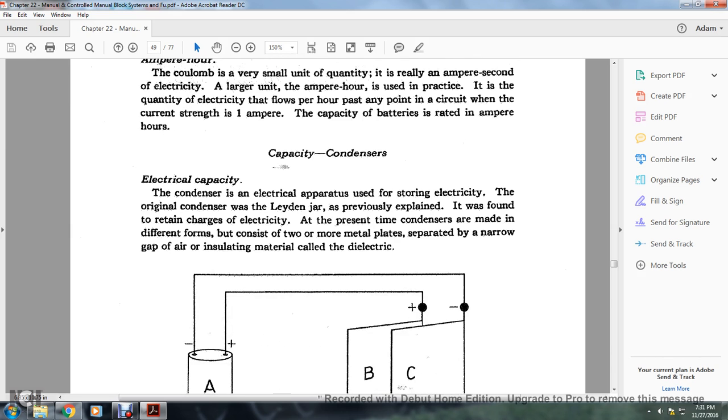The capacity of the condenser. A condenser is an electrical apparatus used for the storage of electricity. The original condenser was a Leyden jar. As previously explained, it was found to retain electricity. At the present time, condensers are made in different forms, but consist of two or more metal plates separated by a narrow gap of air or other insulating material called the